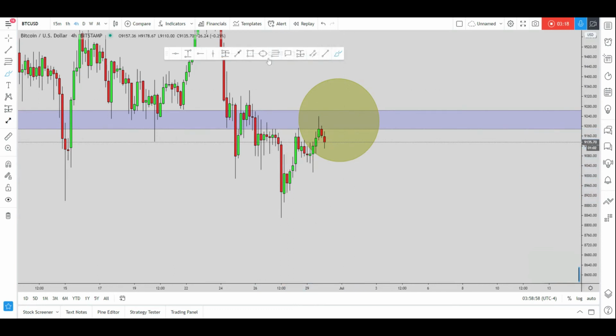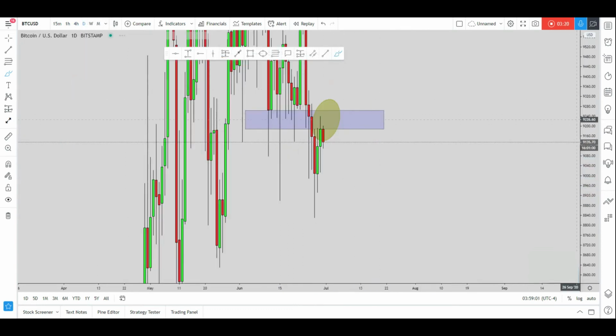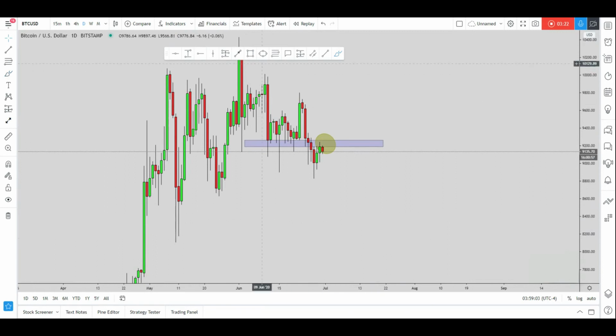Taking a short from here would be way too risky, but price action might become bearish. So you can be looking for a short directly from this daily resistance. However, this is an aggressive approach because you would be shorting at weekly support, which is never a good idea